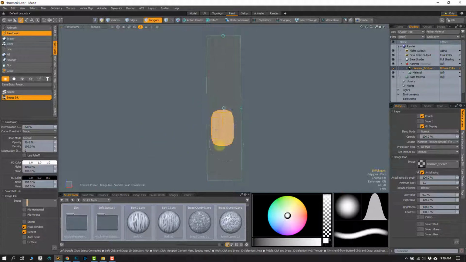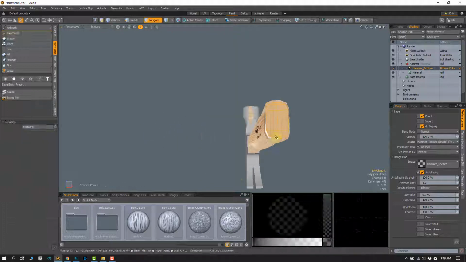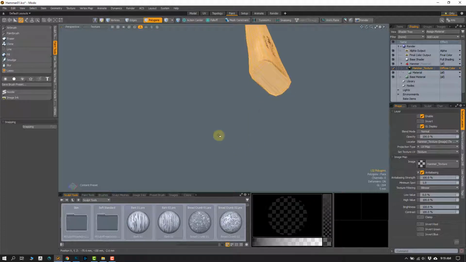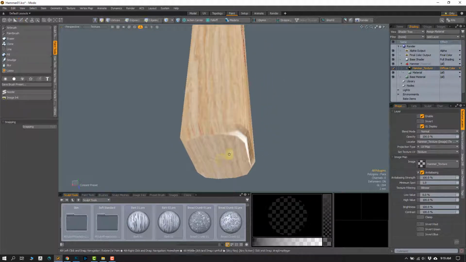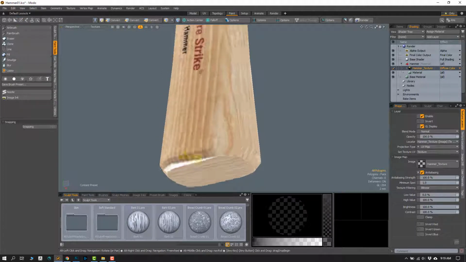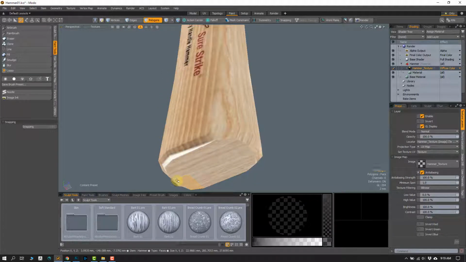Match the size here. And again, this one, probably the color isn't going to be right, but we can adjust that later. So again, a little bit of white showing through down here. So let's actually grab this bottom portion